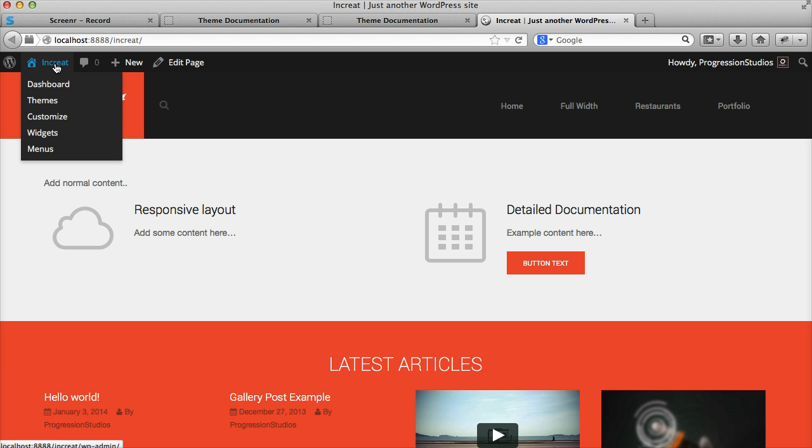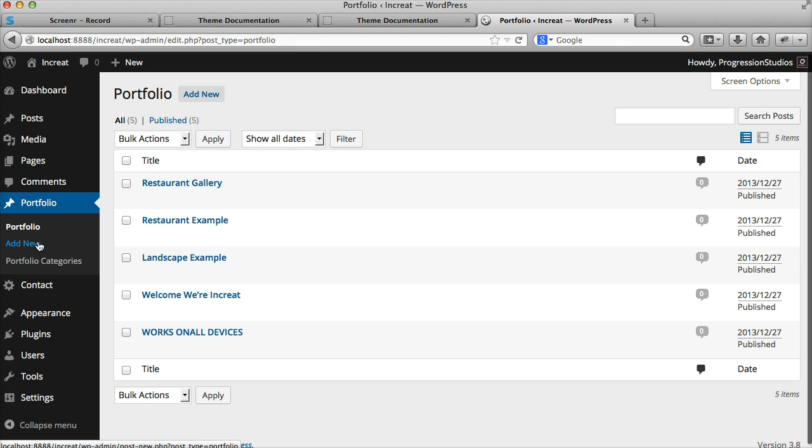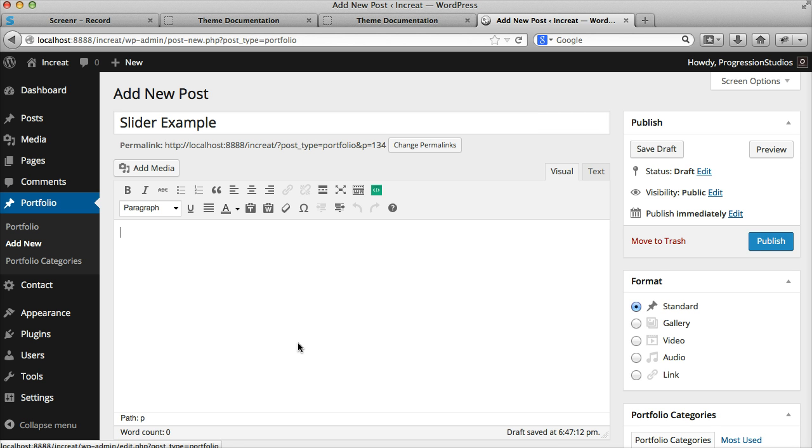If we go in our dashboard, you can go under Portfolio, and this is where each portfolio item is going to be one slide. The first thing we need to do is add a portfolio post, and let's call this one Slider Example, and then we can add some sample content here,